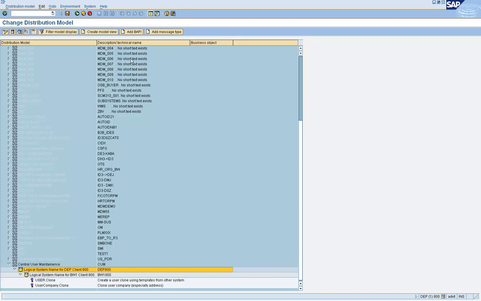Unless we distribute the model view from the central client to the child clients, we cannot generate the partner profile from the child client to the central client. So distribution of the model view is very important to do the partner profile generation. So click on distribute.